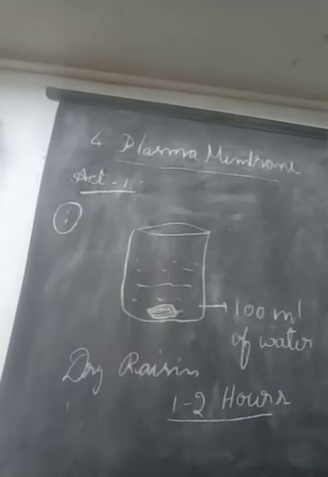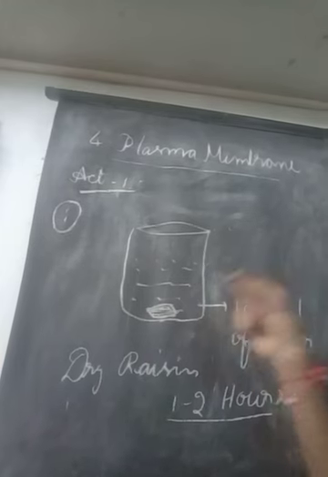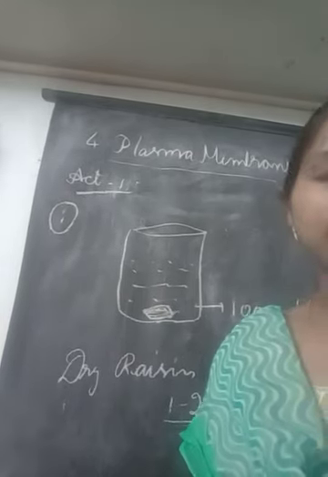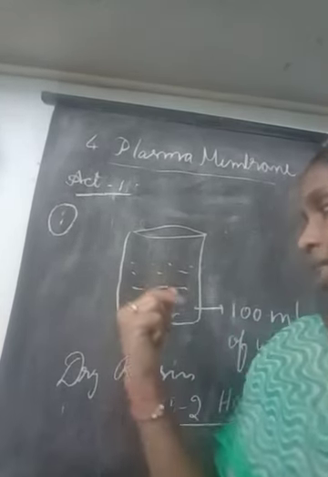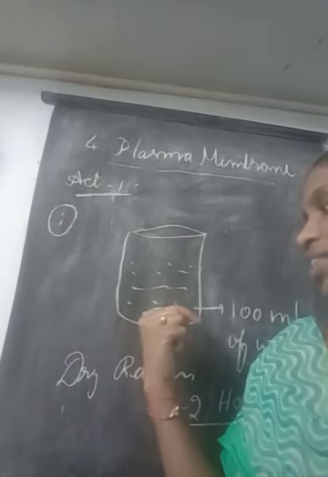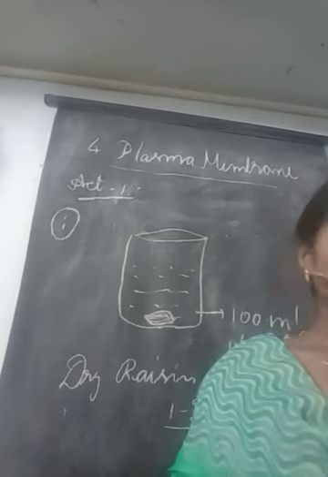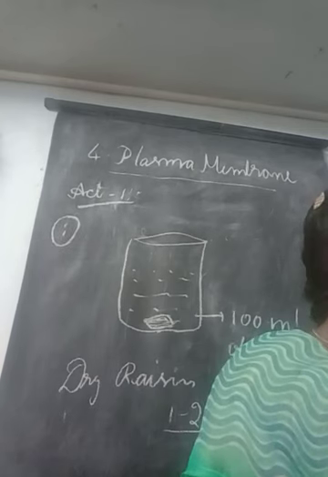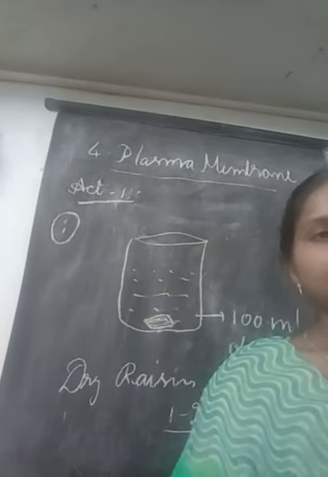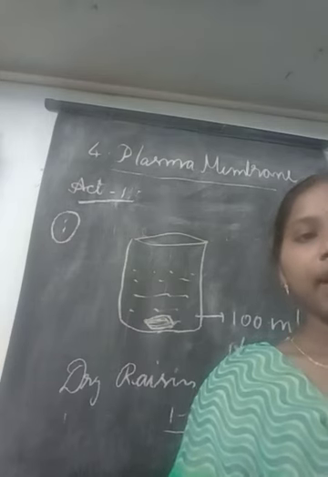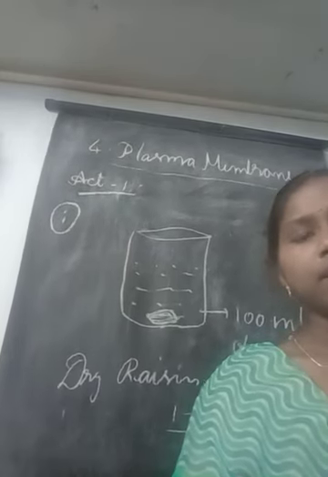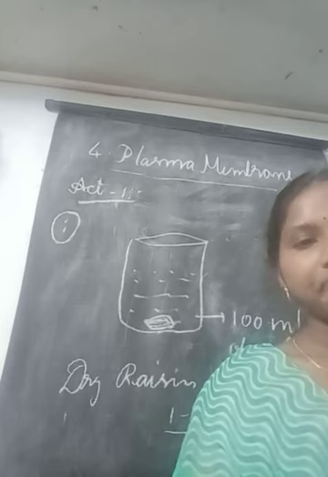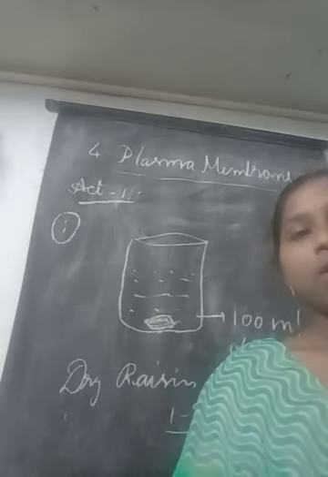So after 1 or 2 hours, take out that resin from the water and check the volume of the resin. How will it be? Will it be in the normal state or is there any change in the shape of the resin? It will swell. The volume of the kishmish will be increased. Can anybody say what is the reason? Who is responsible for the swelling of the kishmish? Because of water, teacher.